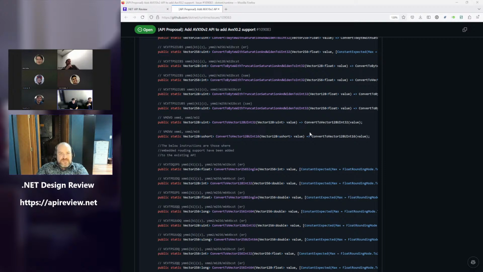In my mind I'm inserting the word of before the return type, and I really want the method name to be that, but I'm also looking that we never did that for existing precedent, and this probably isn't the right place to start. Yeah, if we've already used the name vector 128 uint 32, then that's the name.